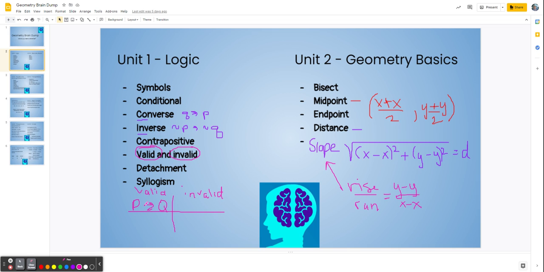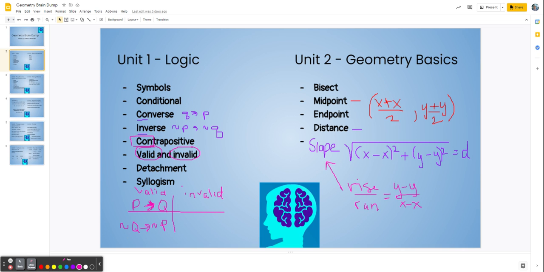So the regular way, the way we always write, the way it always starts is PQ. And then if I turn it backwards and opposite, that's also valid. So not Q, not P is valid. These two are the only valid things, okay? So this is P to Q and not Q to not P. Those are valid, okay? When you're doing these valid and not valid, don't actually read the words for meaning, read